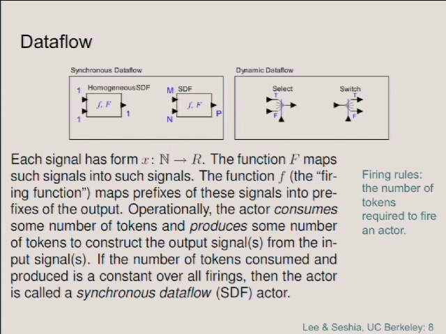And then LabVIEW overlays on top of this structuring mechanism where you can create conditionals where, for example, you have 2 alternative sub-block diagrams, sub-VIs as they call them in LabVIEW,